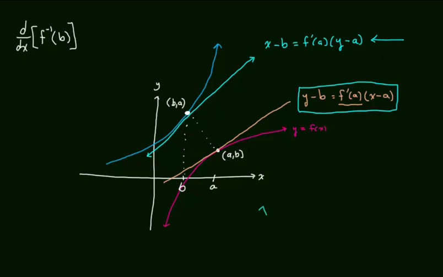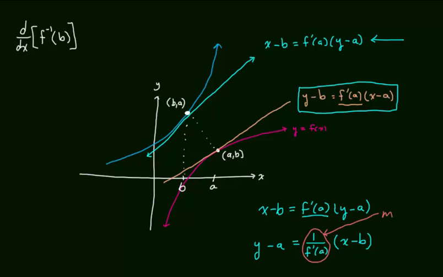So I'm going to come down here and rewrite it so that I can put it into a form where I can identify the slope. I'm going to start by dividing both sides, and then I'm going to reflect it. So y minus a equals, now I divide both sides by f prime of a, now I have x minus b. And there we have it. That's in the form where I can identify the slope, and here's the slope,